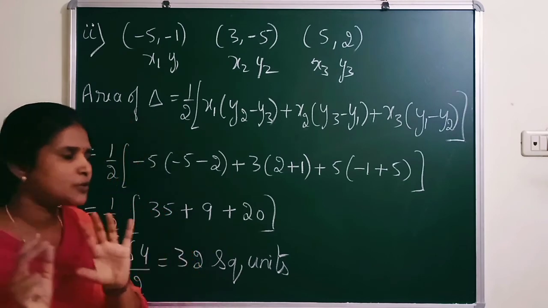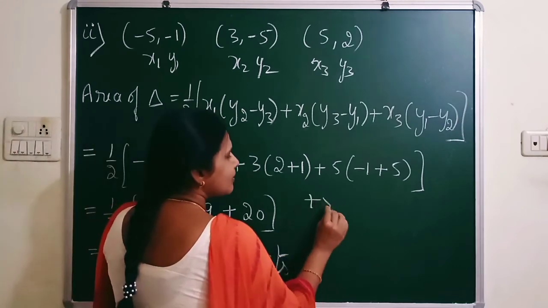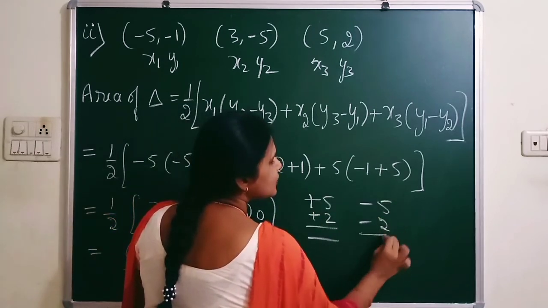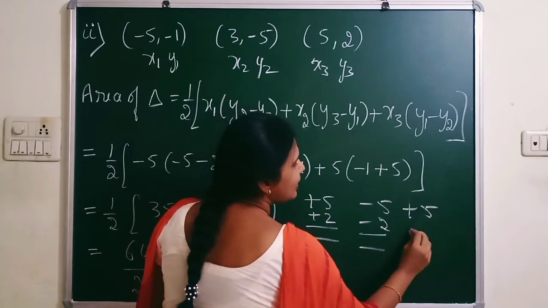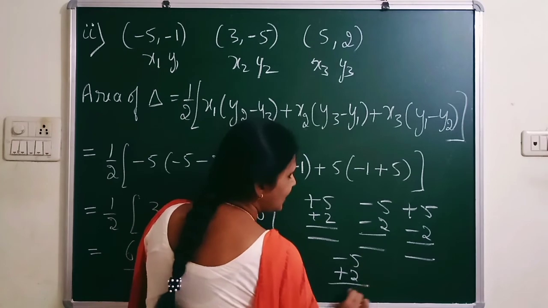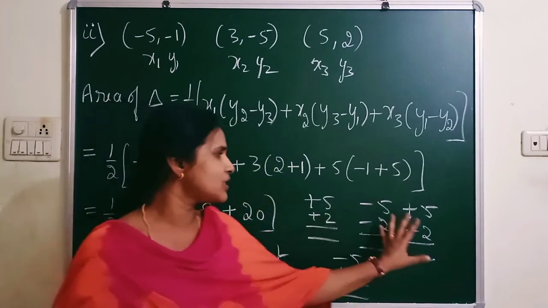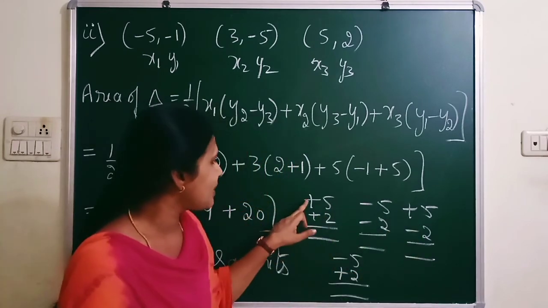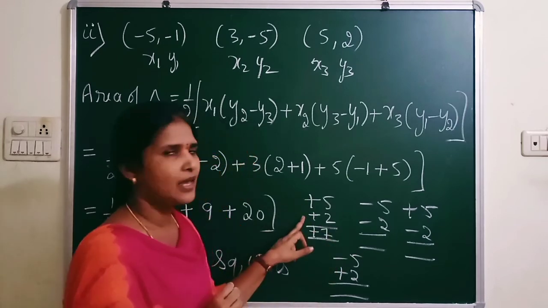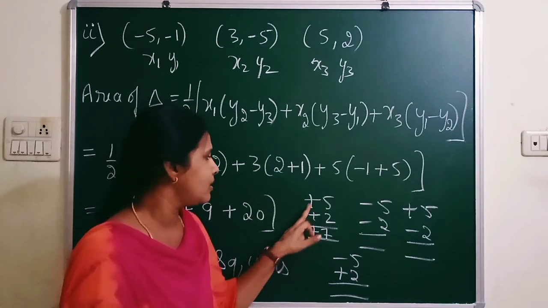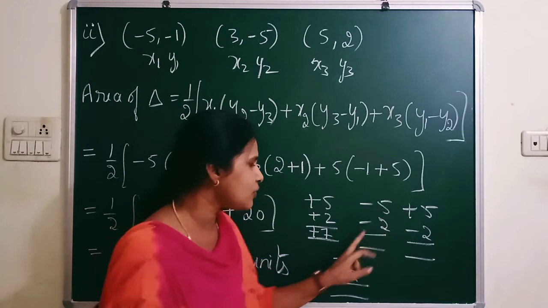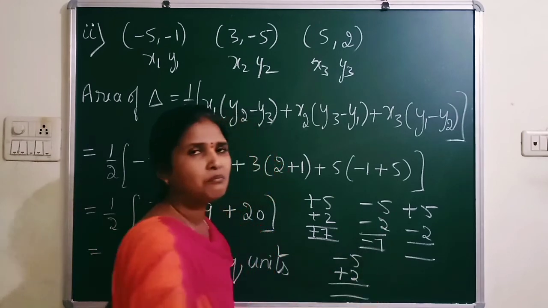Next, plus, minus 5, minus 2. So these 4 things I'll explain you, remember here carefully. Plus 5, plus 2, minus 5, minus 2, plus 5, minus 2, minus 5, plus 2. Only for coordinate geometry, you need these 4 and also multiplication. Plus 5 plus 2 is what? Plus 7, because signs are same. When the signs are same, you are adding. Plus 5 plus 2 is plus 7. Here also signs are same. 5 plus 2 is what? 7. So which sign? Minus.